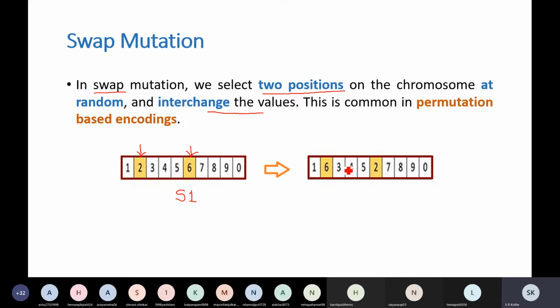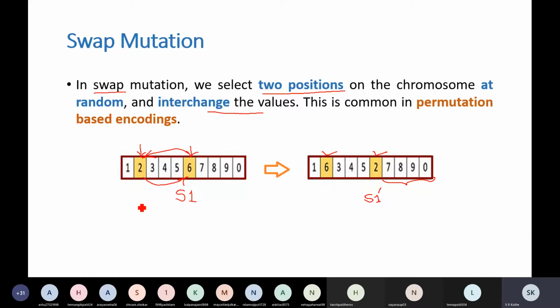This 2 you transfer out here, and this 6 will come out here. Remaining values as they are: 1, 3, 4, 5 and 7, 8, 9, 10. So this is the resultant solution after performing swap mutation.